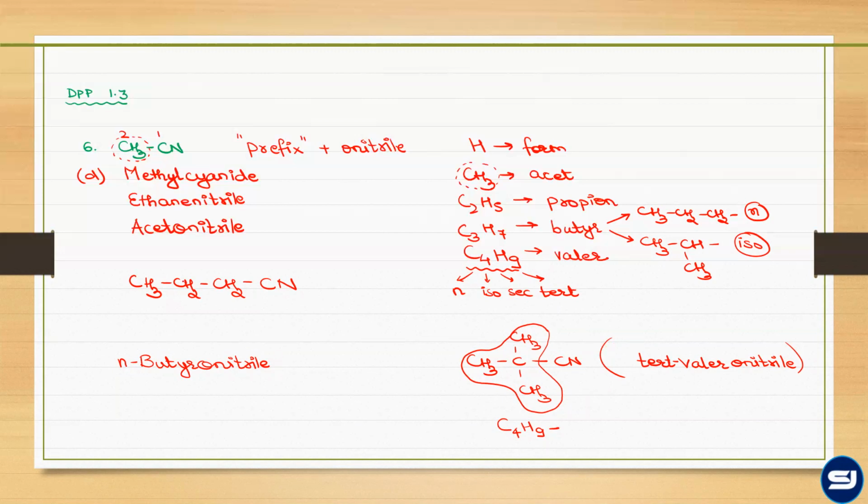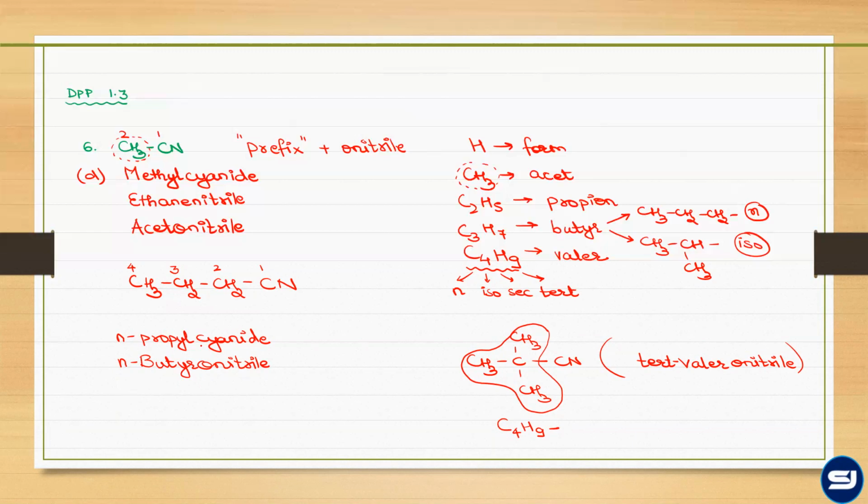Okay. So similarly here, writing only butyr is incomplete. You have to name it completely as N-butyronitrile. Now tell me the common name. The common name is the alkyl cyanide name. N-propyl cyanide. Correct. Isopropyl would be incomplete again, so it will be N-propyl cyanide. And the IUPAC will be butane 1 cyanide. Sorry, nitrile.